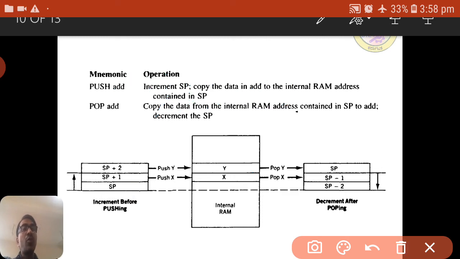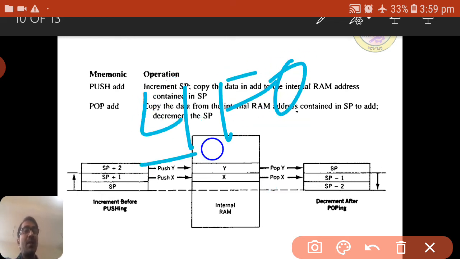Similarly, one more push means again SP will be incremented, by 2 in total. At that position, whatever the value stored in Y will be moved to where SP is pointing. Similarly, pop. One more thing, this stack we call LIFO, last in first out.